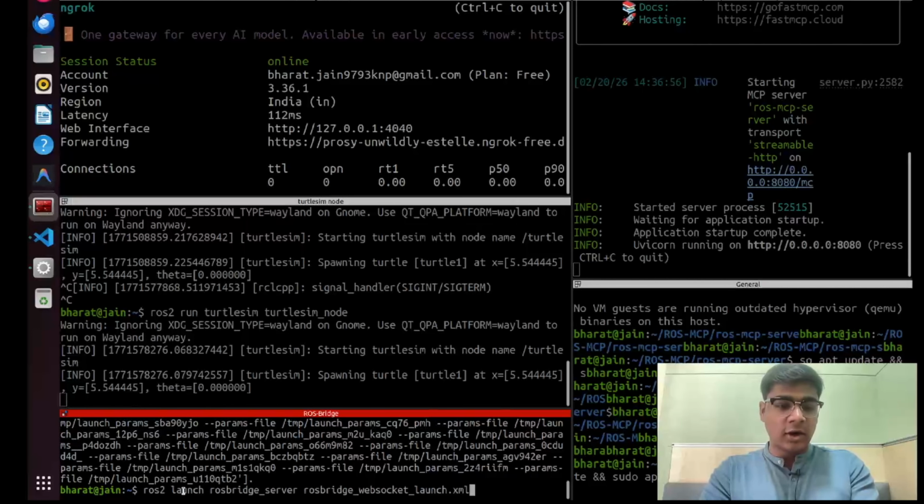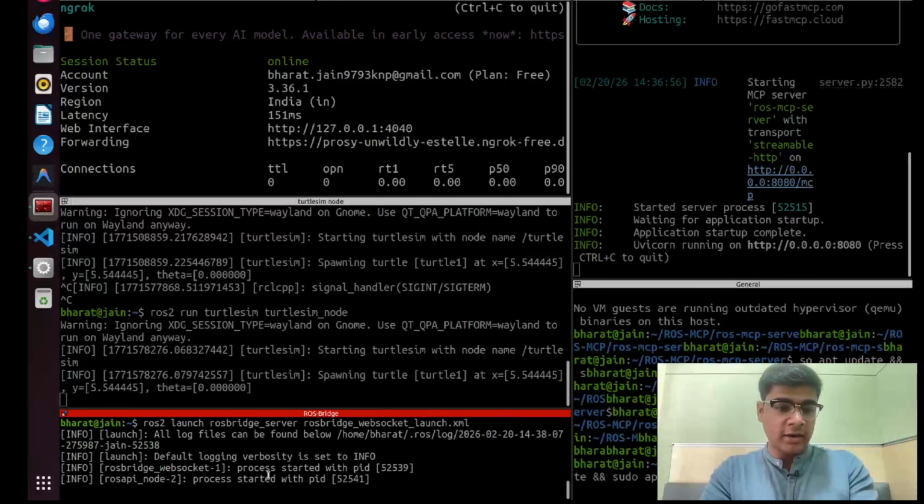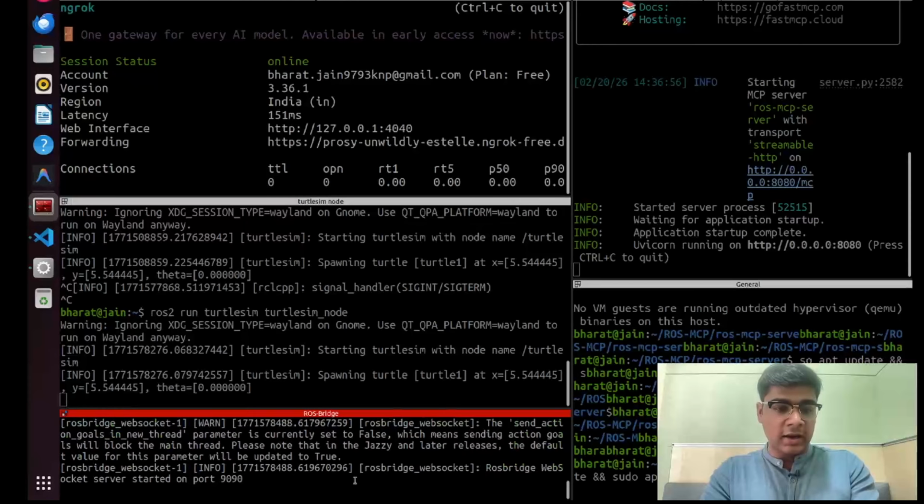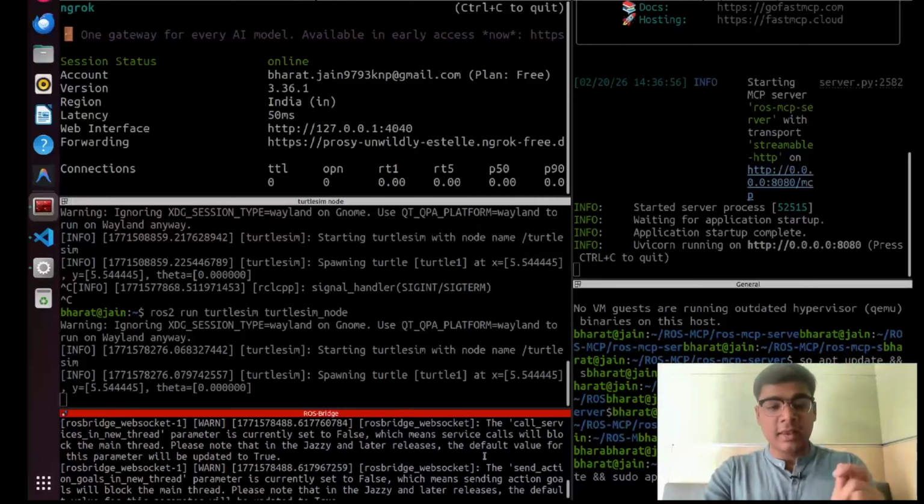I will use the following command to launch the ROS bridge server. As you can see, it's a launch file: ros2 launch rosbridge_server rosbridge_websocket_launch.xml. Once you hit enter, it should start, and it has started on port 9090. All right, so that's great. Make sure that you do not have any errors. In case you face any errors,